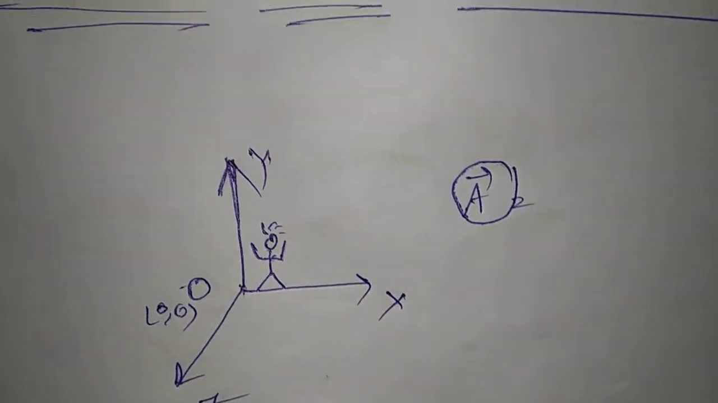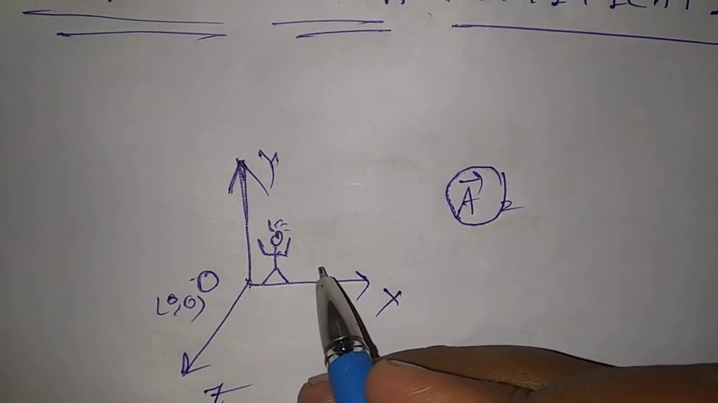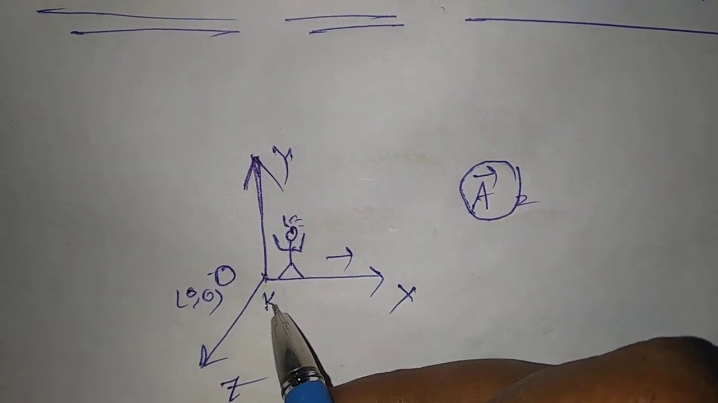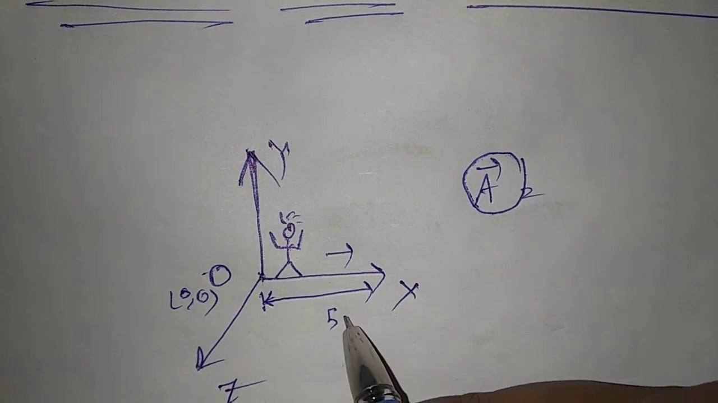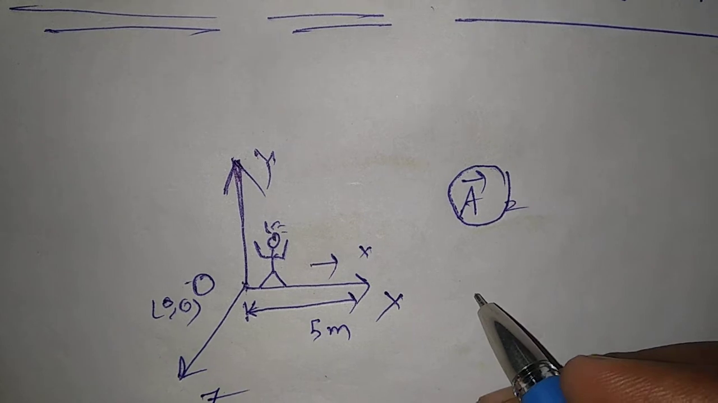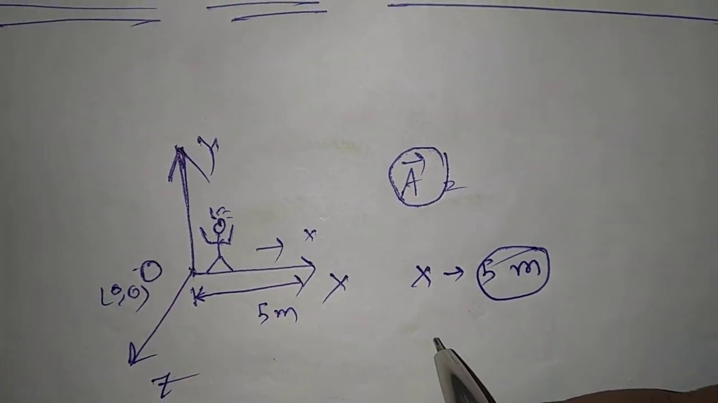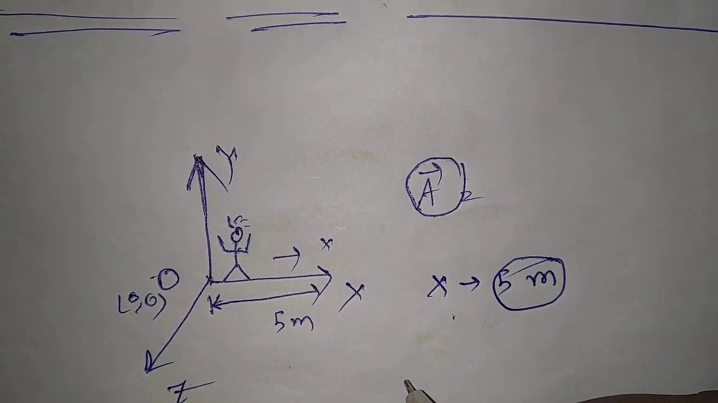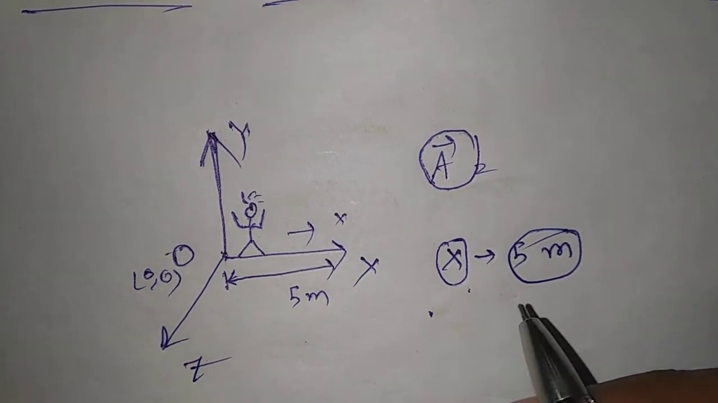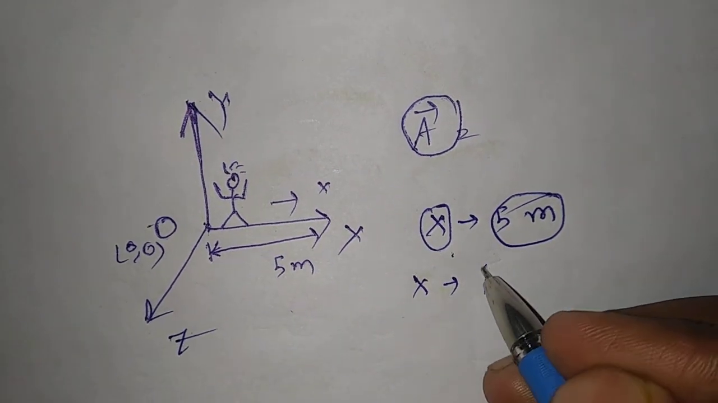Now a girl is standing here and she is willing to go along the x-axis. Now she goes 5 meters along the x-axis. But what about direction? Direction is along the x-axis. So along the x-axis we need a unit vector I cap,